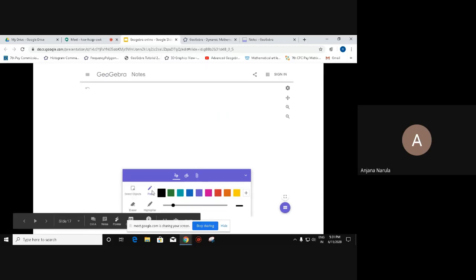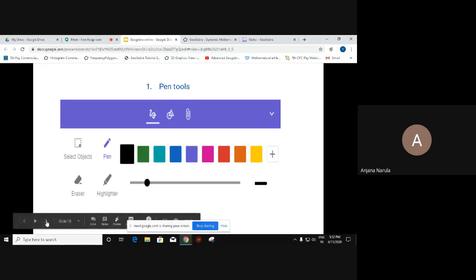Now, pen tools, if you look at this, this is the pen toolbar, and we have an option to select the object, pen option, eraser and highlighter, as these are the features available in all other software also, and these are the colors, and on clicking the plus button you'll get more colors, and this is the thickness of the highlighter or the pen you can increase, and this is the page overview button by clicking on which you can see the different pages, because it's just like your whiteboard that you can add any number of pages here. So you can use it as a whiteboard while teaching in an online mode.